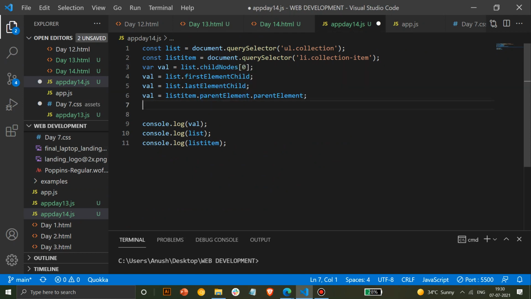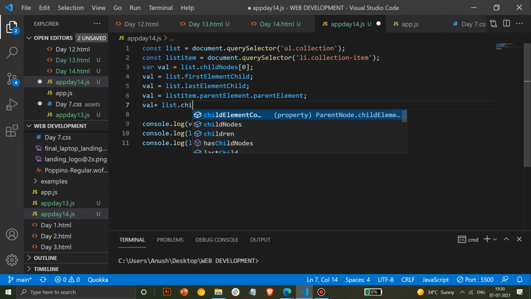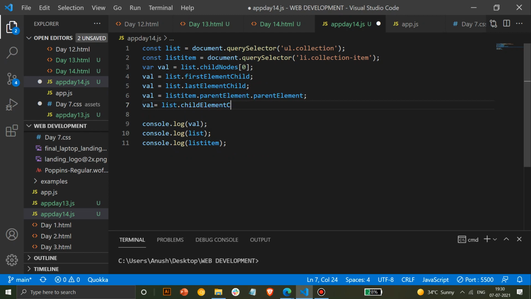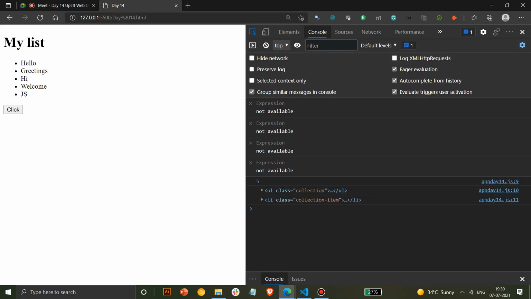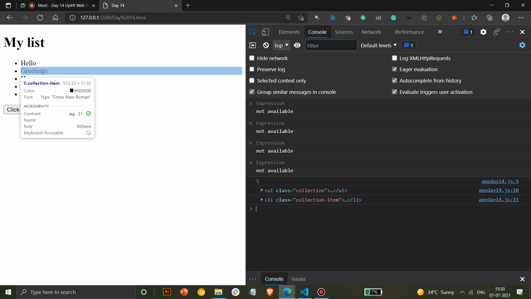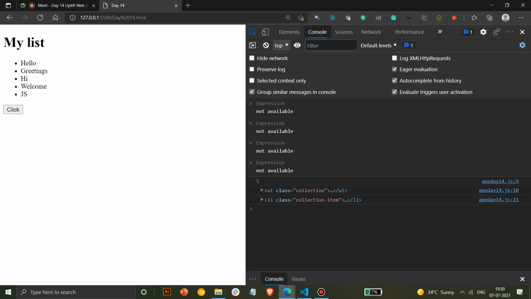Okay, is this clear now? I think you might have understood what parent and child components are here. Yes, great. Okay, then the same thing you can do with a list. You can call the child element count, and you can see what the specific child element count is. What child element count does is it counts the number of child elements present. Here I've used a list, so it will count the number of Li present in a UL. So it will be around 5. You know that there are 5 links here, so that's why it counts the number of links present. So it will be 5 there.